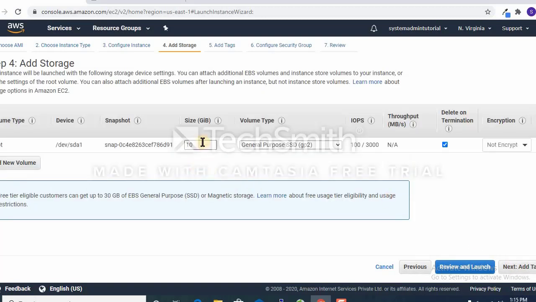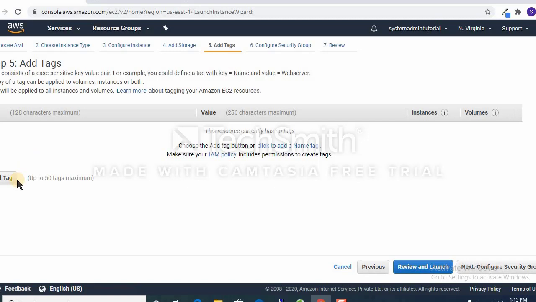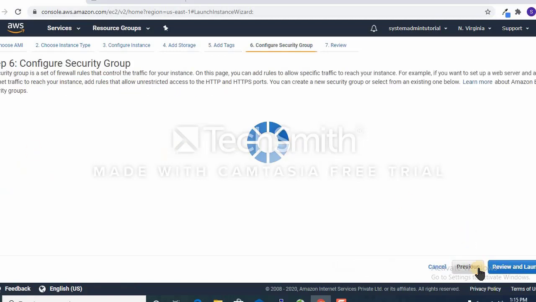In add storage we get 10 GB by default, which is sufficient for this demonstration. Then click on next. In add tags you can add the server name, but now I am not adding anything. Next go to the security group.